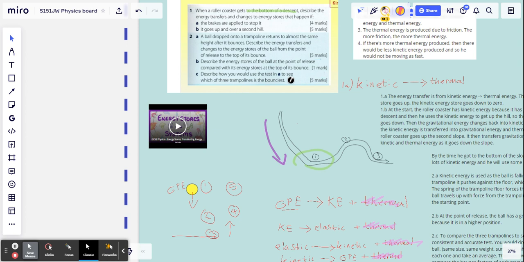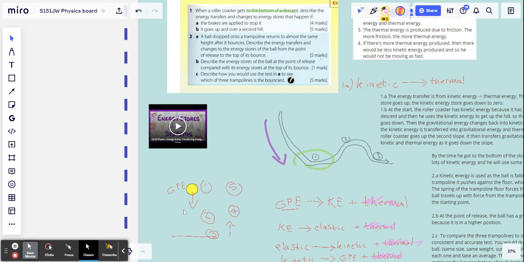Then we got C. Describe how you would use the test in A to see which of the trampolines is the bounciest. Well, if the trampoline is particularly bouncy, then if you drop something and it goes back up again, it's going to go up to pretty much the same height. It will always lose some height because you can't have zero friction, but the higher it goes,